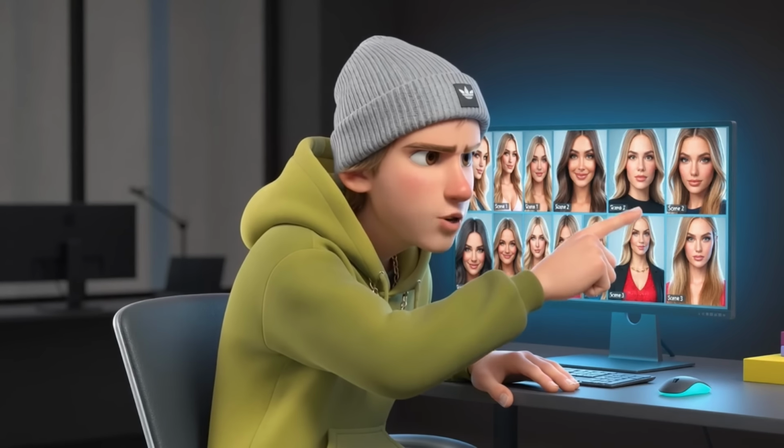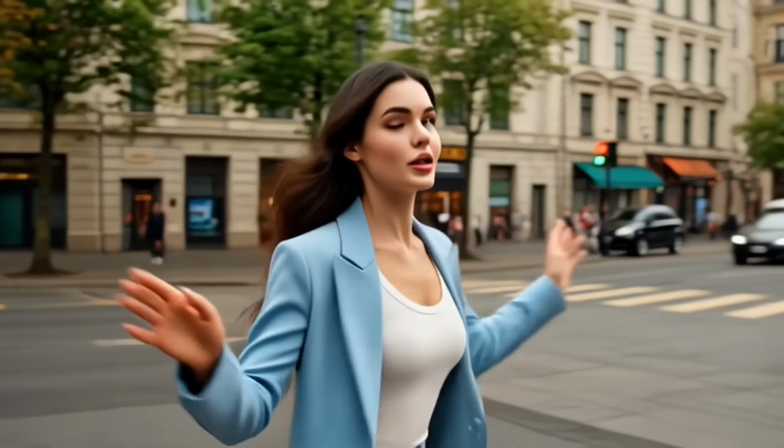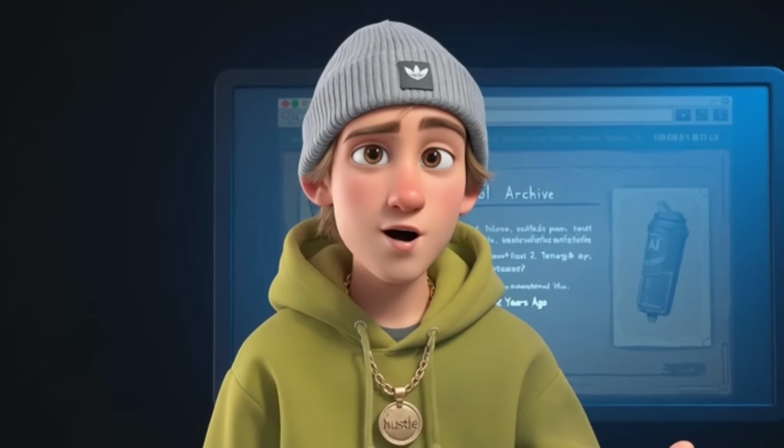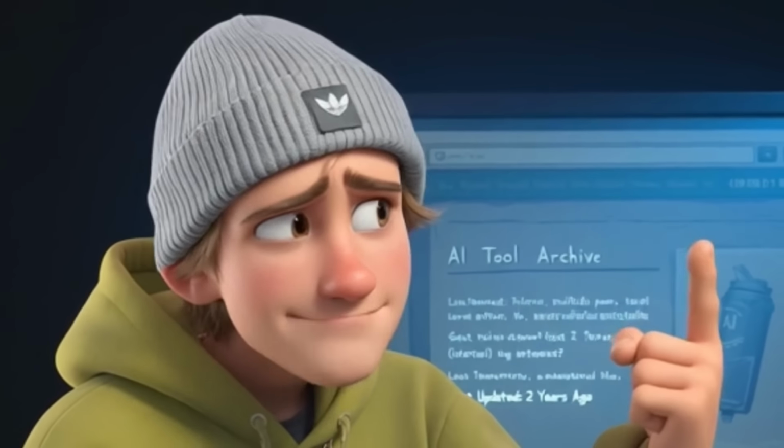Look at her. Now look at her again. Same prompt, same character file, two completely different humans. This is the reason your AI influencer dies the moment you try to make a second video of her. Her face changes, her jaw shifts, her eyes drift apart. By scene 3, she's somebody else's daughter. And the wildest part? The fix has been sitting on the internet for 2 years under a name that doesn't